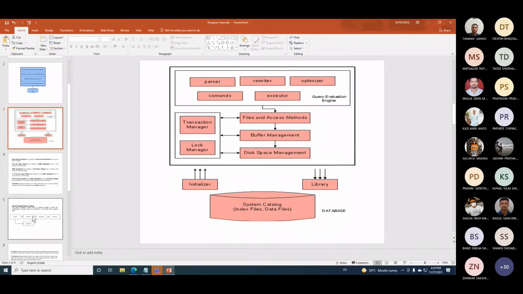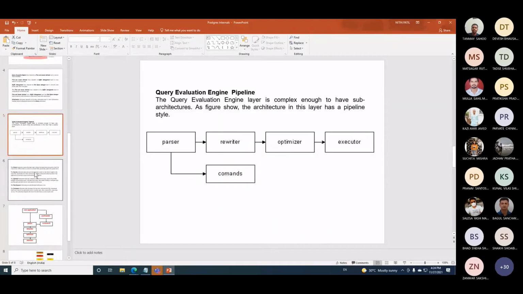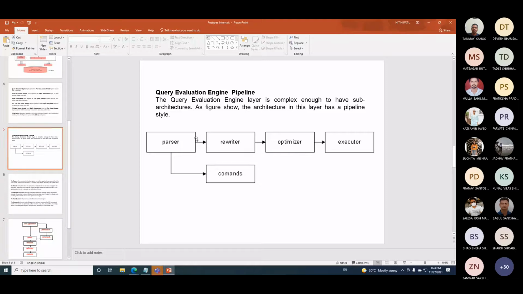Now let us make it broader, by considering each stage. So, the query evaluation engine. These are the stages. Whenever I am parsing, if I write select star from X, how will you verify whether this is correct or wrong?